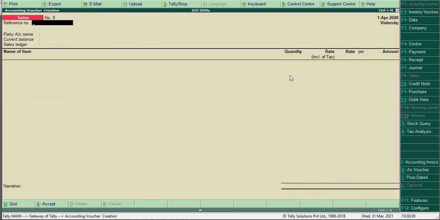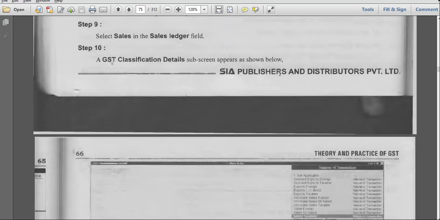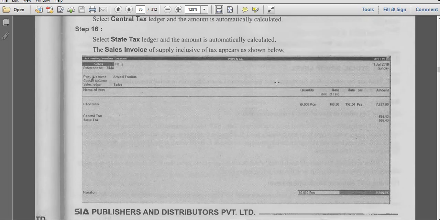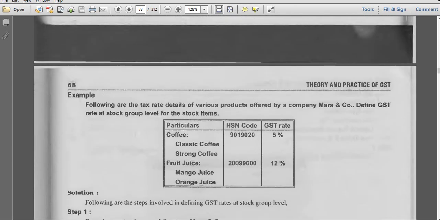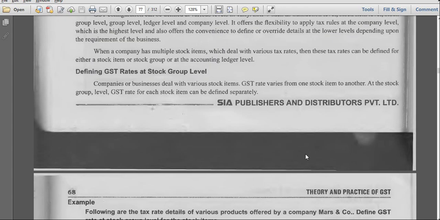Okay. So this is about how to enter the transactions which are included with the tax amount. Next we'll have define tax rates at masters and transaction levels, defining GST rates at stock group level. Till now we have dealt with the same tax rates. Now we'll enter some transactions with different tax rates. How to go with it? One item is with 5%, another item is with 12%. Then how to do this? For this, what we have to do is,